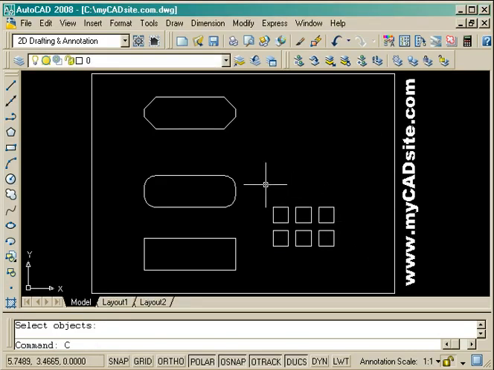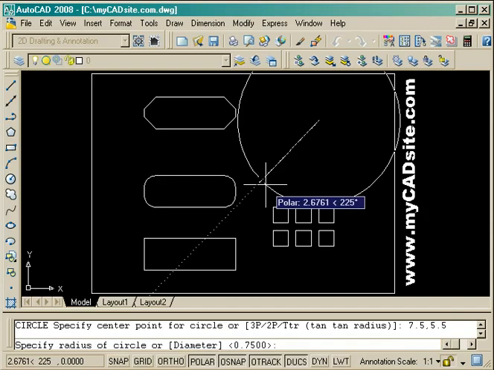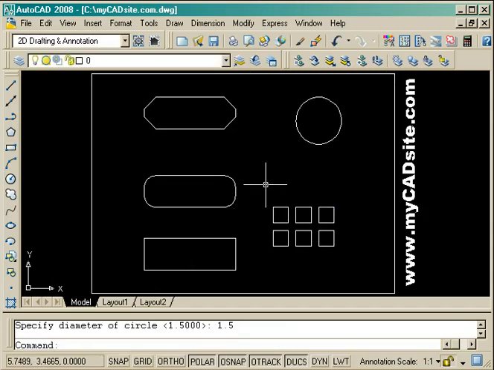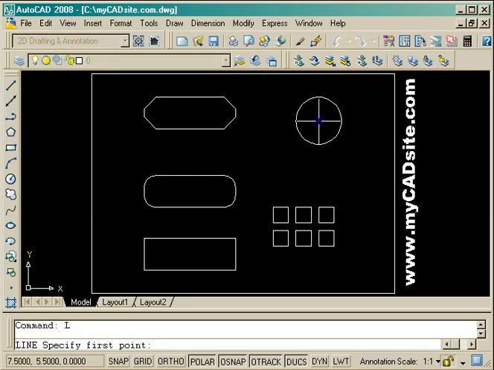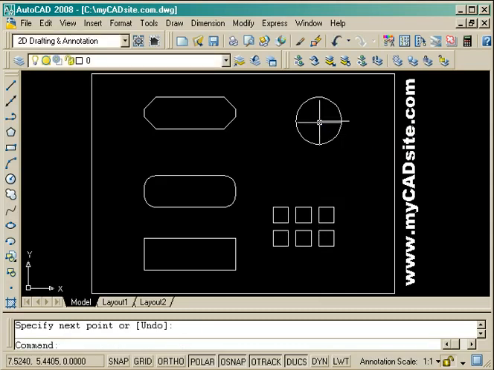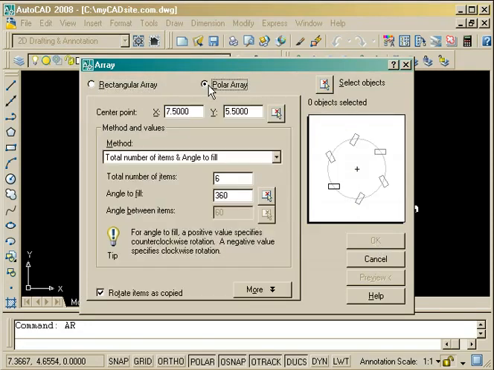Now the last thing I need to do is to draw a circle using my defined starting point of 7.5, 5.5, and a diameter D, enter, 1.5, enter, and a line from the center going out to the right 1 unit. Now the next thing I need to do is array it so I can have 6 lines radiating around